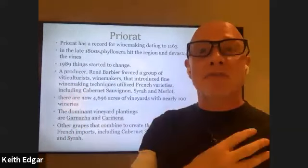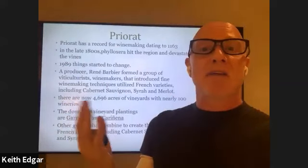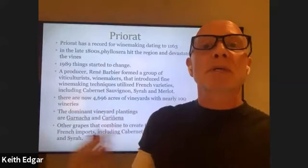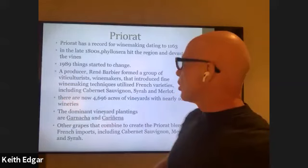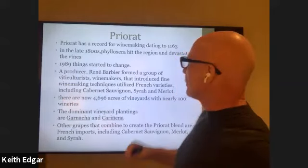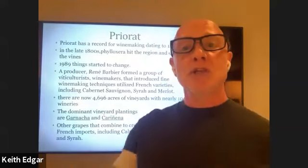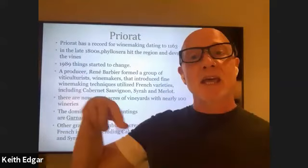So everyone left this area. So Priorat was pretty much desolate of everything and everybody, because there was nothing, no other business you could do there. But there was a group of students, wine students from Barcelona, and they used to come out on the weekends,